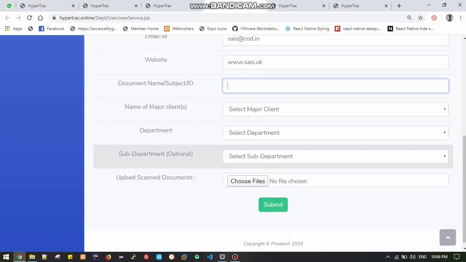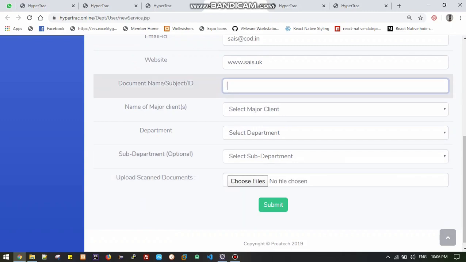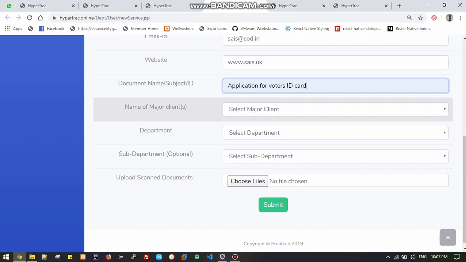And he needs to enter a document name or subject. So he'll be uploading a document. He needs to enter just a name, like, suppose, application for voter ID card.